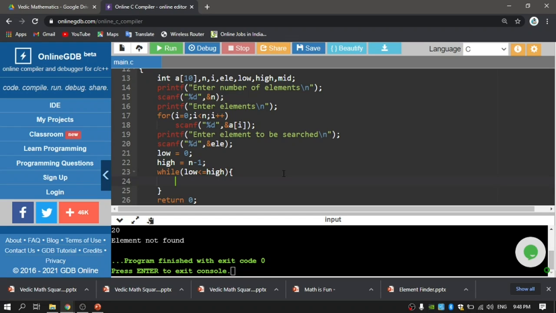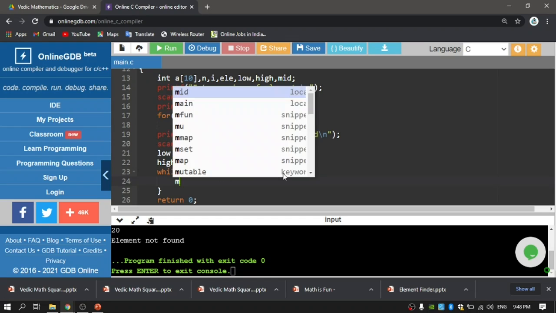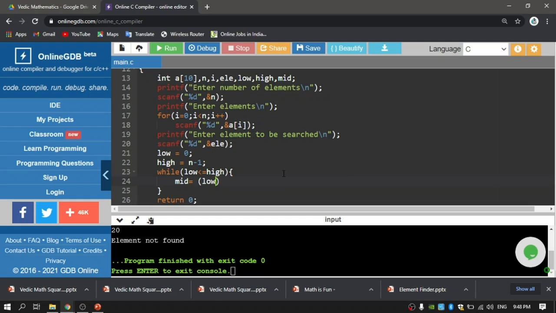Now first I will calculate the mid value, which is the average of low and high. Low is an integer, high is an integer, and 2 is also an integer, so the division result is an integer value.